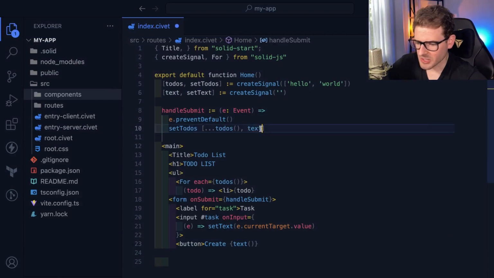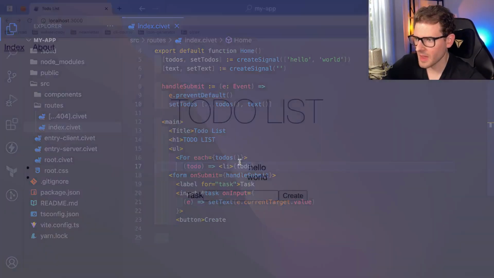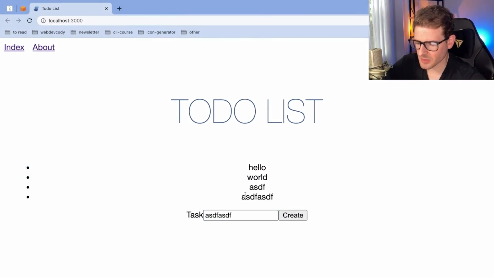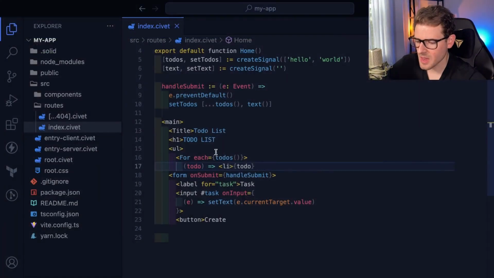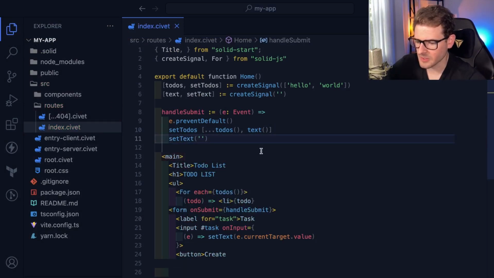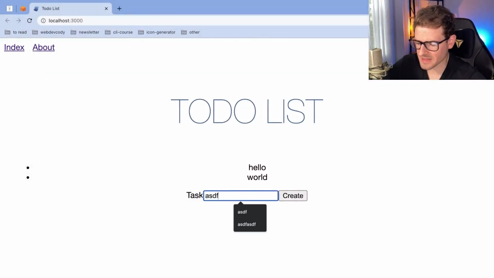So let's use the text. Instead of GG here, let's just use the text and basically call the signal getter with parentheses. There we go. And that should hopefully type in. I'll just go ahead and click that. That should put it into the list. Okay, we're making some progress. Now we also want to clear out the text here. So I'm going to say setText, and then I'll just go ahead and clear it out. So now as I add signals,